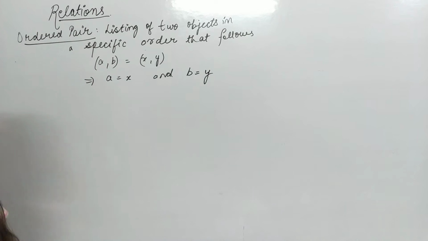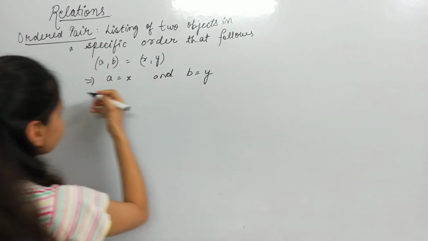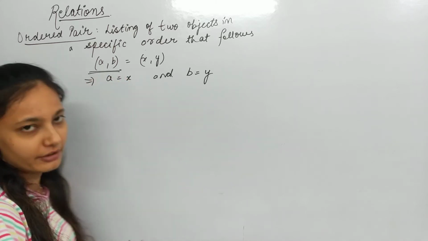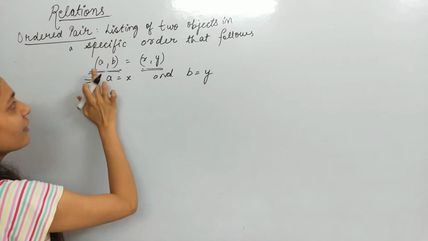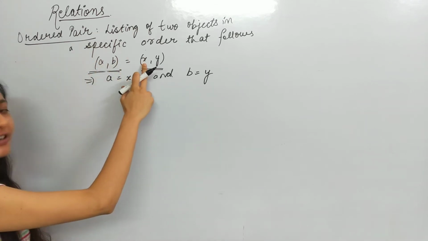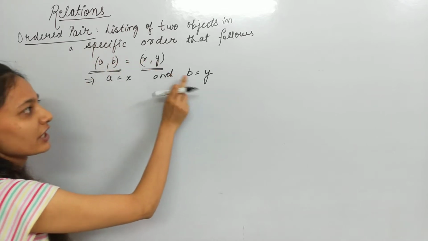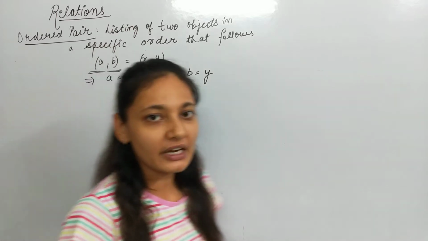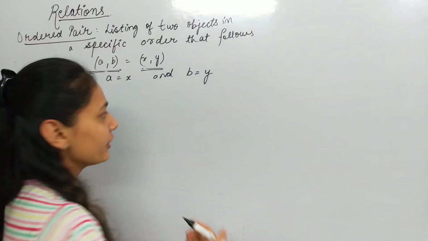So ordered pair आपके पास क्या होता है, कोई भी दो objects को list करो, जैसे a comma b, this is an ordered pair, and x comma y is also an ordered pair. These two ordered pairs are only equal if the first element of the first ordered pair is equal to the first element of the other. इसका first इसके equal और दूसरा दूसरे के equal, तब हम कहेंगे दो ordered pair equal हैं. So ordered pair is listing of objects in a specific order. Example,